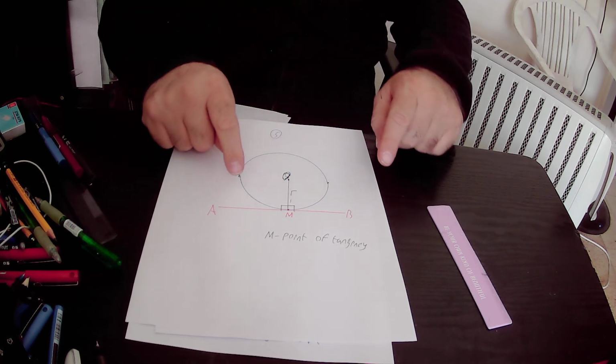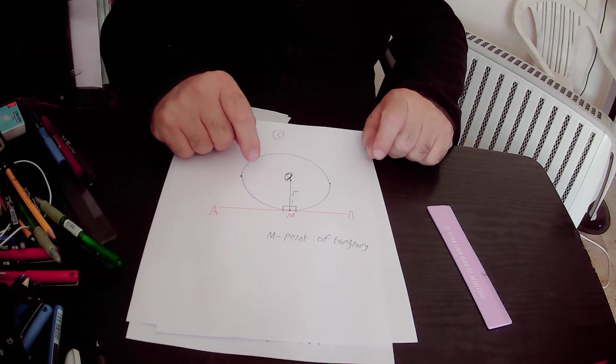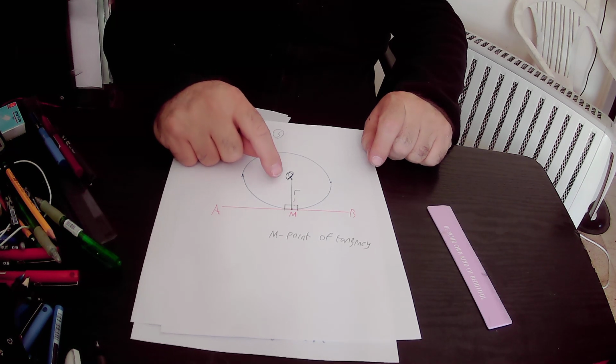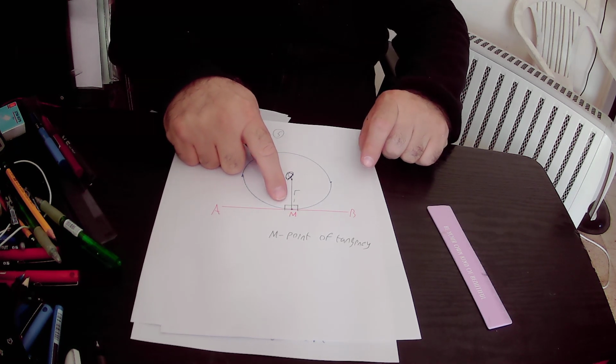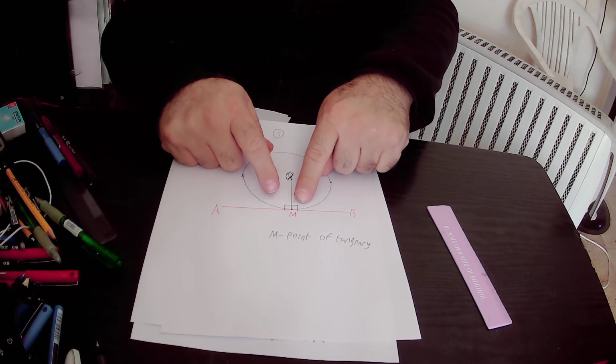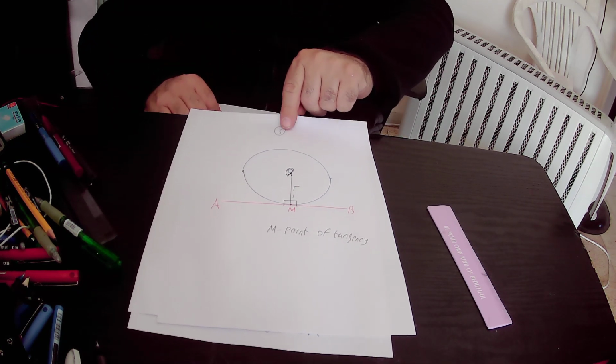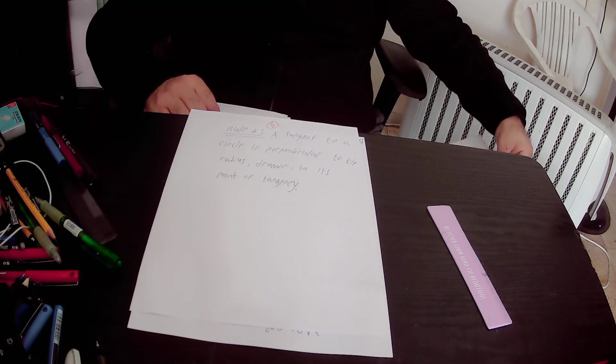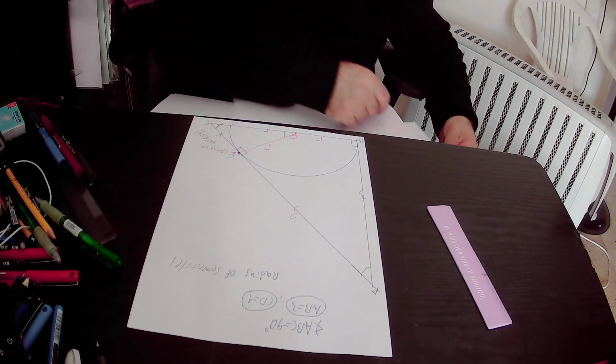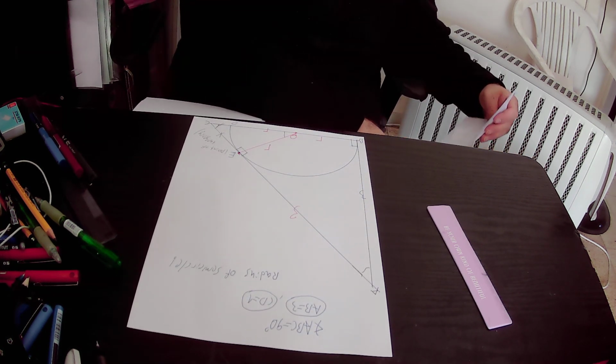Therefore, the tangent AB will be perpendicular to this radius, that is to say this angle will be equal to 90 degrees and this angle will also be equal to 90 degrees. So we actually can implement rule number 2 in our drawing